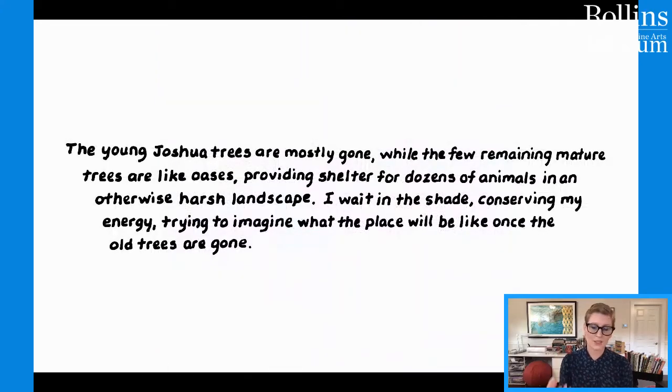And text is a huge component of the work. You've probably already noticed that we've used handwriting in our work before. So this is Lee's handwriting, and it's really not much different than his normal everyday handwriting. He practiced and took a little bit more time with this, but his handwriting is almost excruciatingly neat, which I love. So we use it a lot in the project as a kind of font of our own.